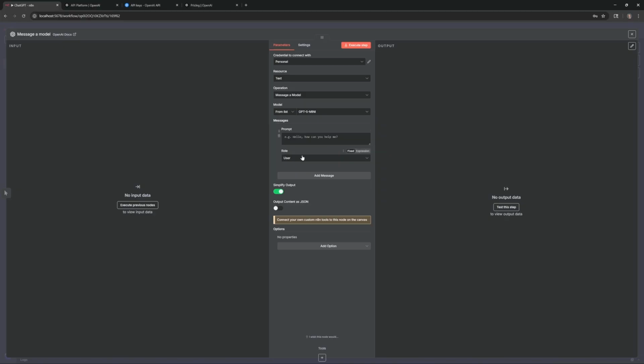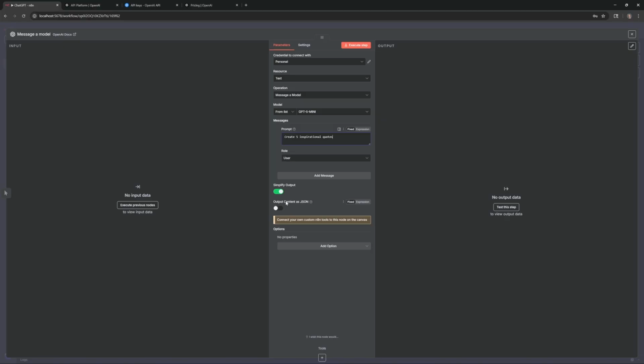In the messages area, you have the prompt and you have these roles. The user prompt is typically what you put in the ChatGPT. Just, you have a question you want it to answer, or a prompt, whatever. The assistant is kind of like giving it context. So like if you wanted to respond in a specific tone, or if you want to give it some examples, here's where you would do that. And then the system is where you actually tell it, you're a social media expert, you're an SEO expert. So like if we just want to run it through and have it create 5 inspirational quotes, just for example.